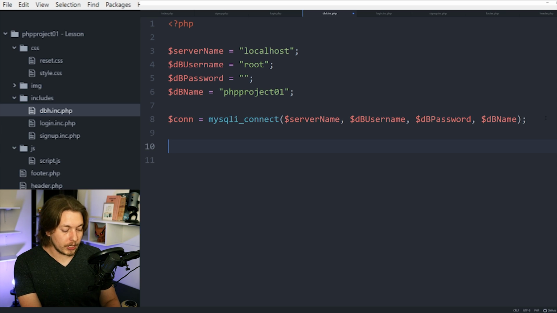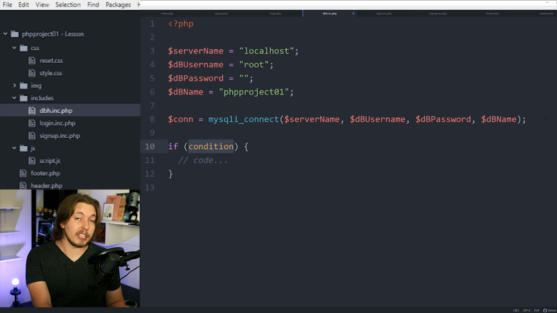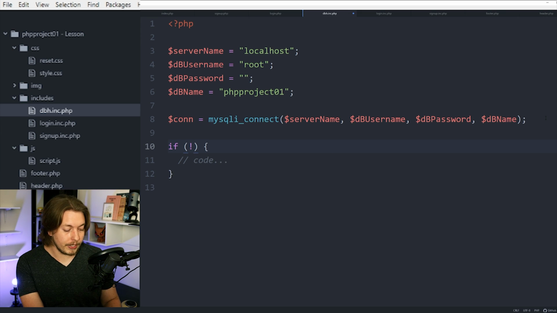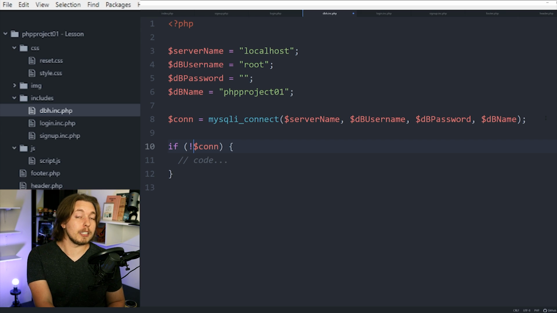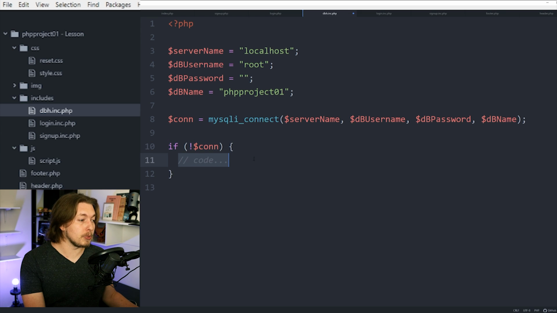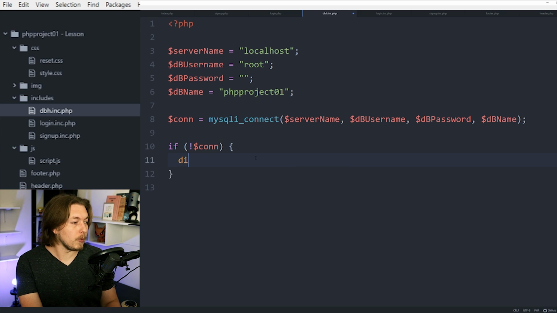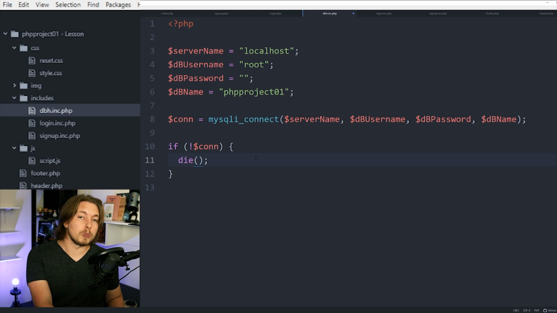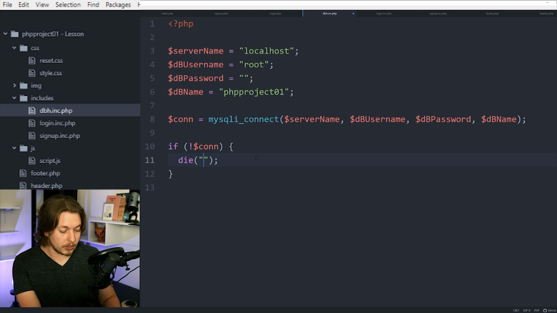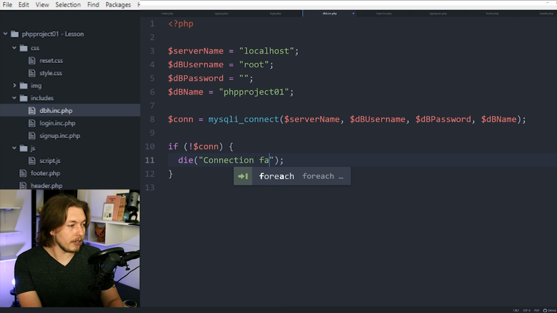Then below here, we're also going to create a very quick if statement that is going to let us know if there are any errors happening with the connection. So inside here, we want to say if our connection fails, by saying !$con, with an exclamation mark in front of it, which means that if this returns false, then we want to write out some sort of error message. First of all, we want to kill off whatever we're doing here by writing die. And we also want to spit out a message on the browser that says what exactly is going wrong here. So we're going to say "Connection failed:" and then we're going to add in another PHP function called